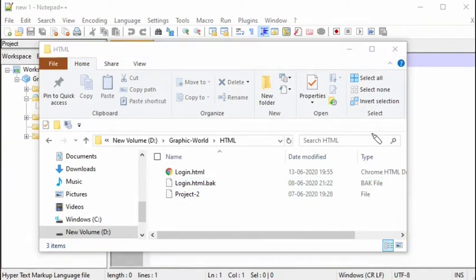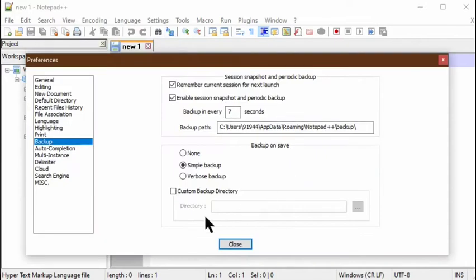Then you can see that a login HTML backup file is created. Every time you save the file, this login HTML backup file will be updated automatically. I have not checked the custom backup directory, so it created that backup file in the original file folder.